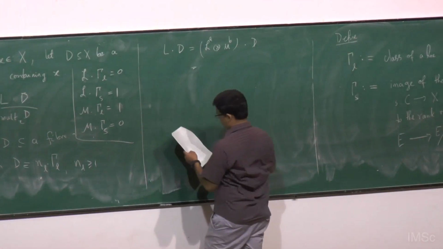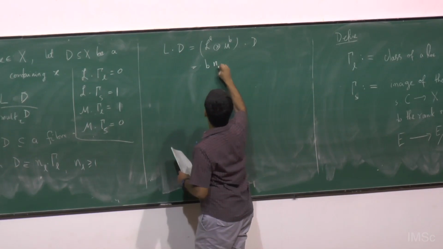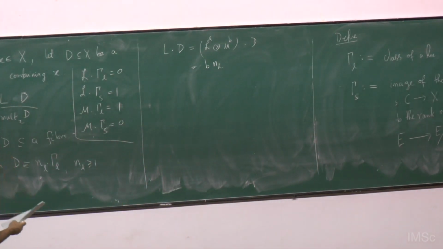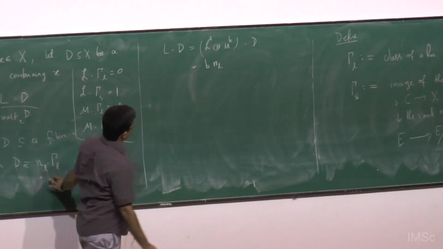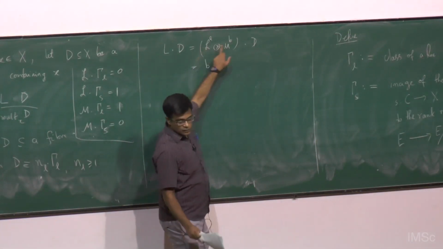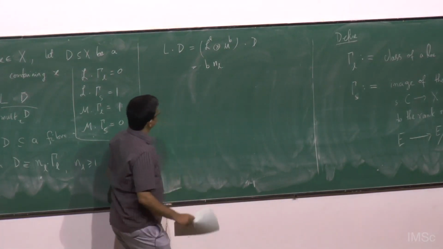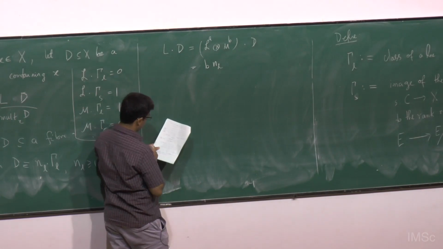So using that, we get that this is B N_L. Okay, so that is just the additivity of intersection. D is N_L gamma_L. This times gamma_L is 0, so this times gamma_L is B times N_L. Okay, and another point is